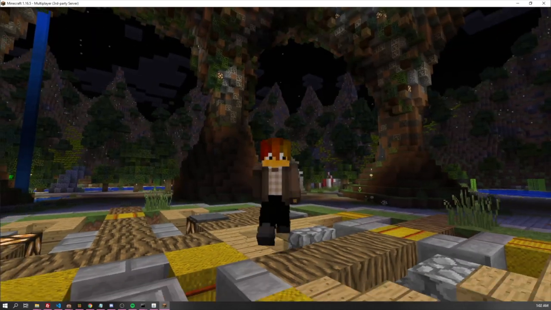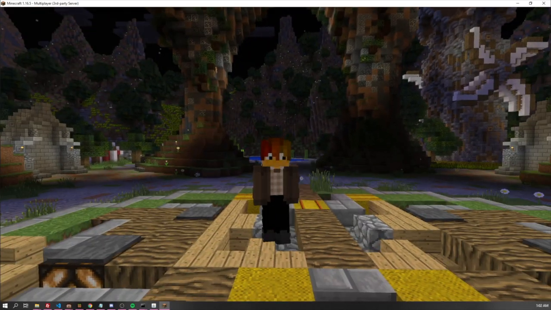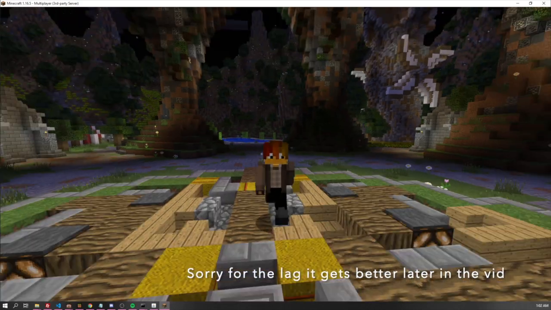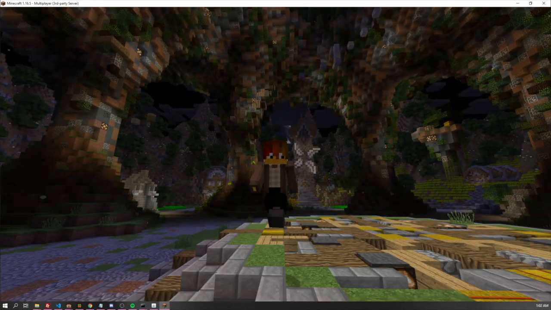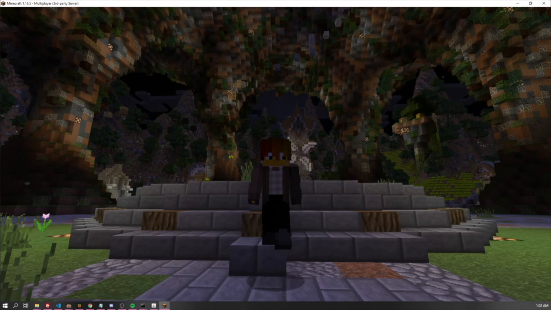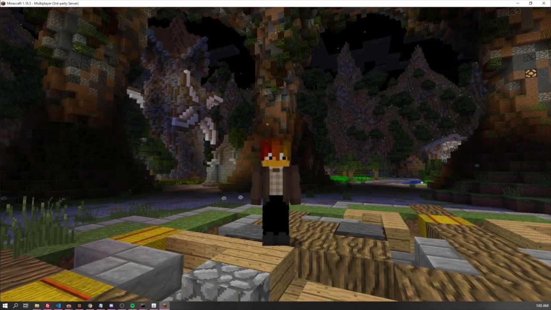To another plugin showcase review. Today we are going to be going over CitizensText. It's a smaller plugin that allows you to add text and commands to NPCs, which is just wonderful. This plugin does require the Citizens plugin, which a link to both of them are in the description,